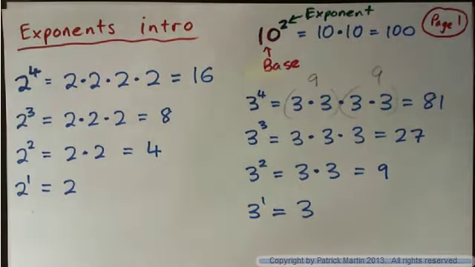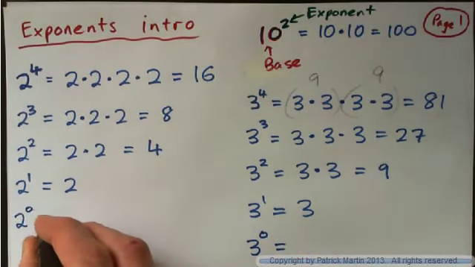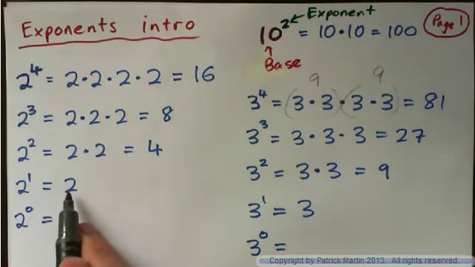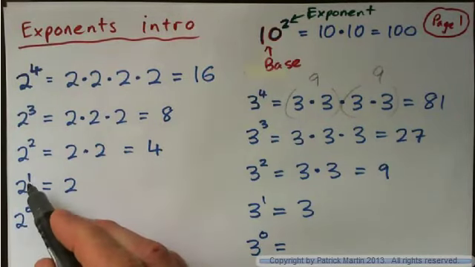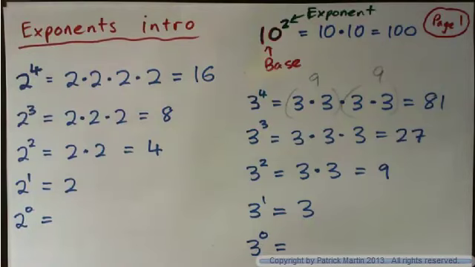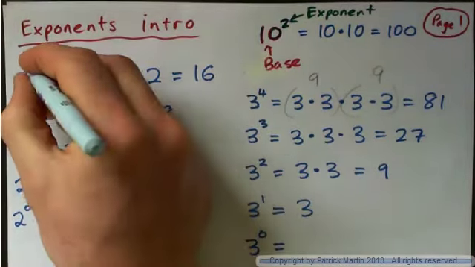Okay, so now we'll try and do powers of 0. What do you think 3 to the power of 0 is? Or indeed 2 to the power of 0? 2 to the power of 1 is 2. So 2 to the power of 0 can't be 2 as well, because it's a different thing. It's got to be something different. It is something different. It's not 2. One way of understanding where the power of 0 comes from is to look at this as a sequence that